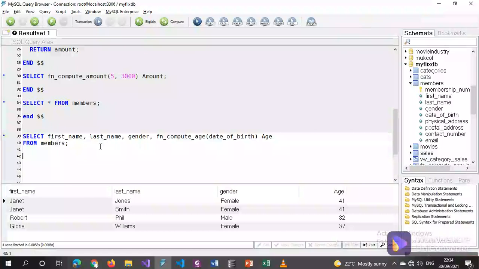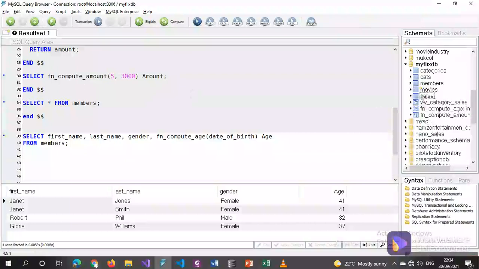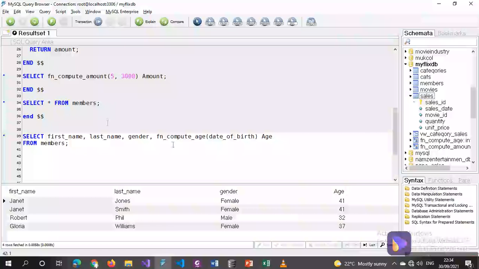We are just reusing the same code snippet to do the functionality for us. So we can also, as we have seen, compute amount. You can also apply it to one of the tables. If you look at our sales, let me just write this, this thing of delimiters is disturbing me a lot. Anyway, let me just put